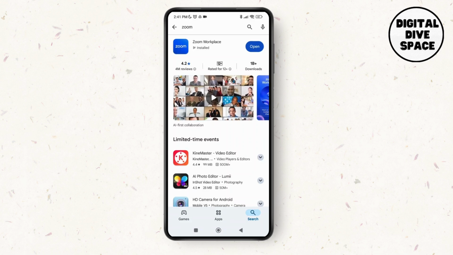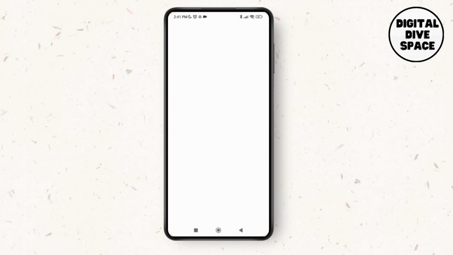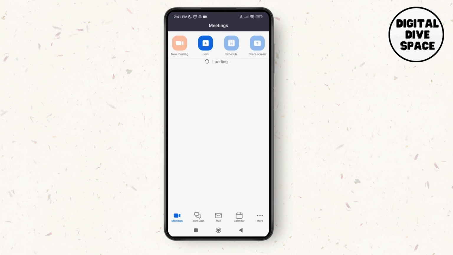So here you can see there is no option of update, which means we have the latest version of the Zoom application. So tap on open. As you tap on open, it will land us to the Zoom application itself. So make sure you're logged into your account. Now, as you're logged into your account, if you want to schedule a Zoom meeting, you can just tap on